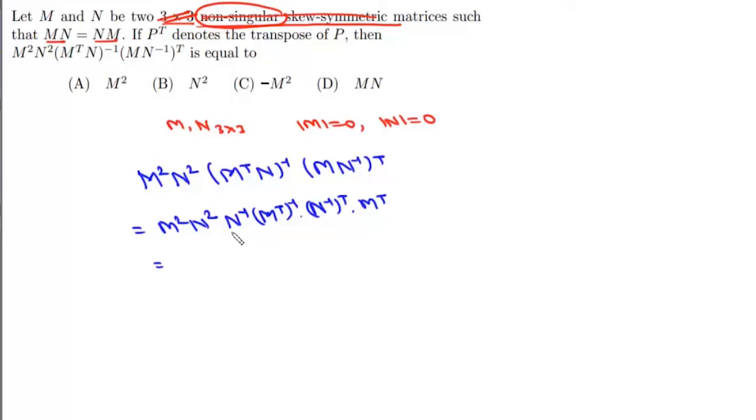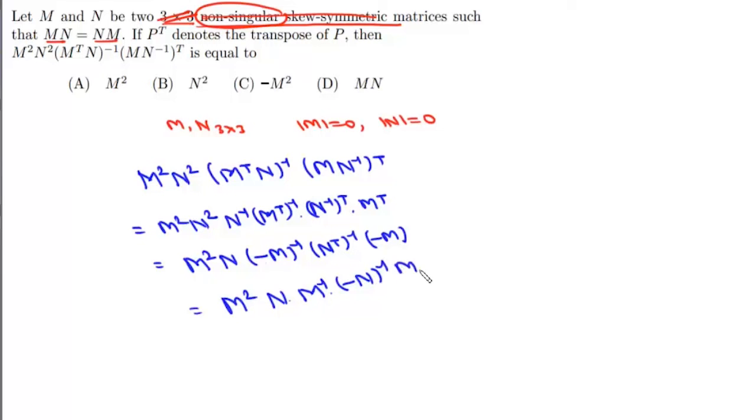Now N into N inverse is I, so we can write this as M square N, and M transpose is minus M, so it will be minus M inverse, and this is N transpose inverse, and M transpose is again minus M. Now minus and minus will be plus, so we write this as M square N, and this is M inverse, and N transpose is minus N, so it will be minus